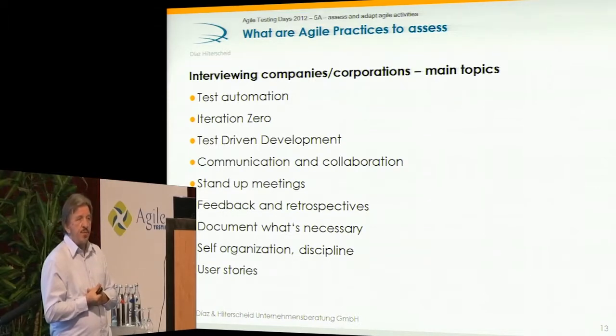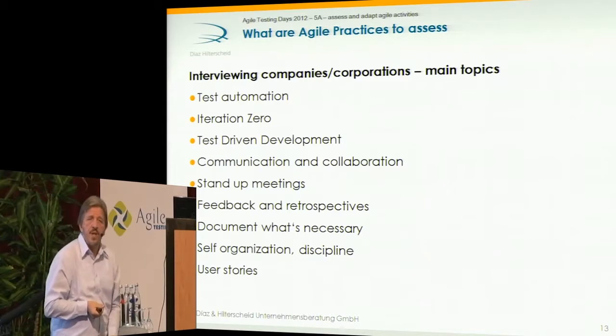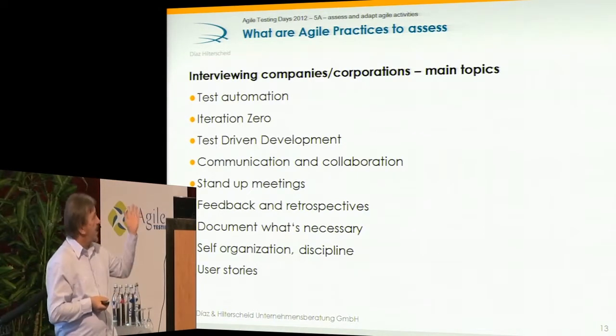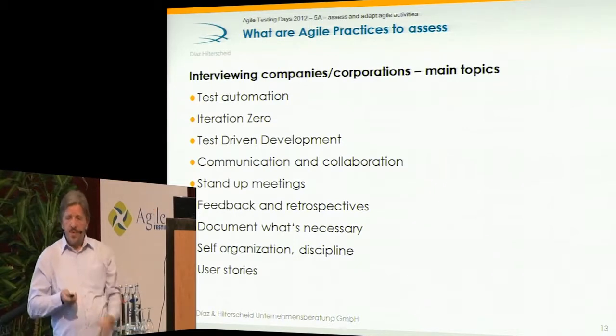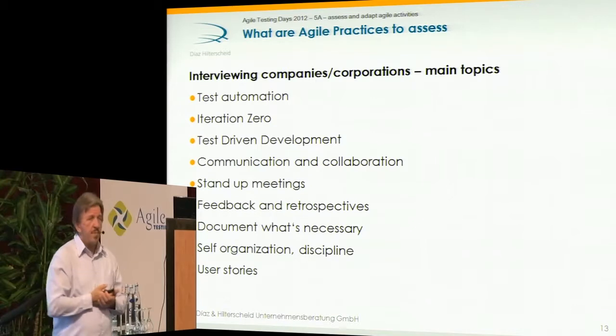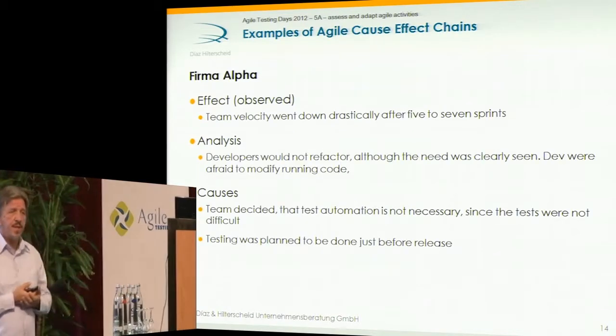What did they do wrong? Maybe a long time ago when they started to do that, maybe in iteration 0, in their sprint 0 that they implemented. So we were looking at all of these points in our interviews, and we had some examples from companies